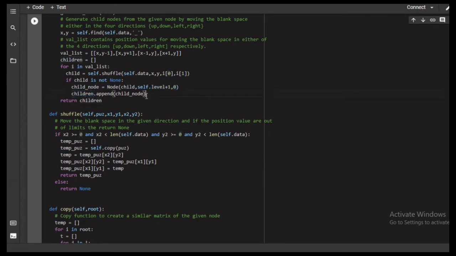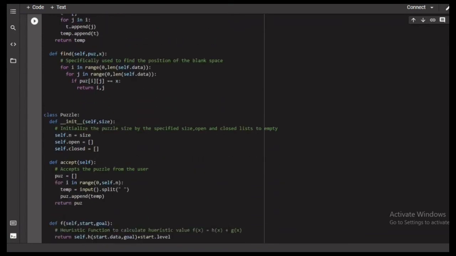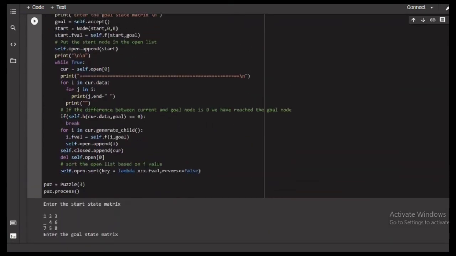So now here we are iterating over the individual children of that particular node.